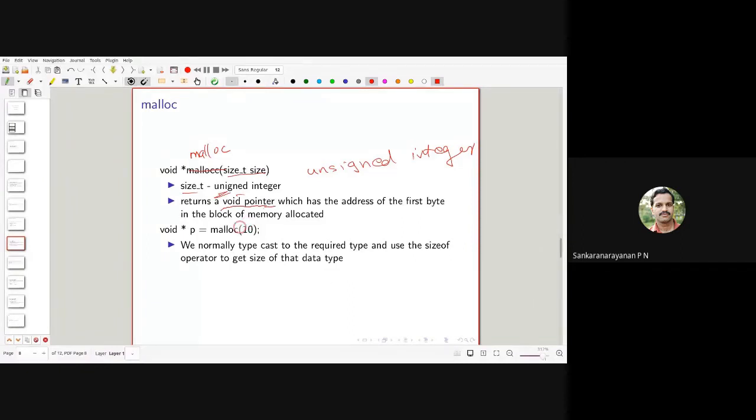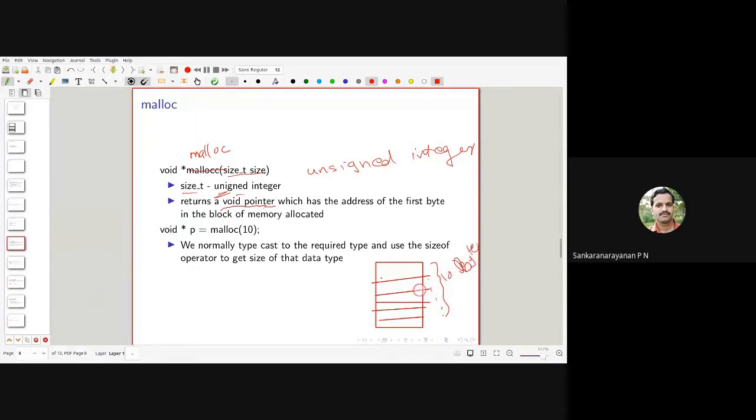So if I write void star malloc of 10, what happens in the heap memory? In the heap memory, 10 locations will be created. So 10 locations, 10 bytes.